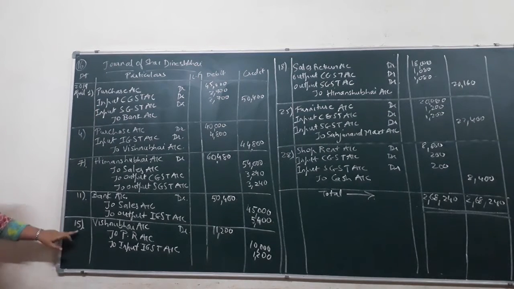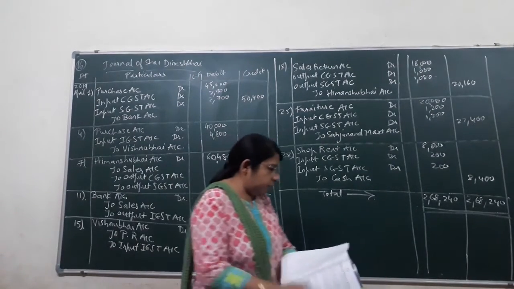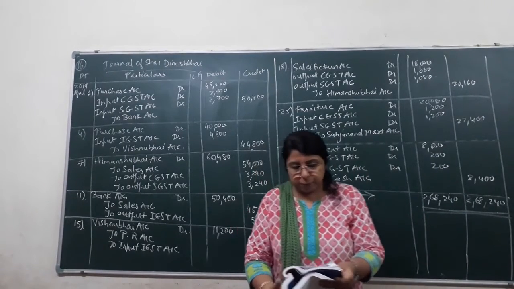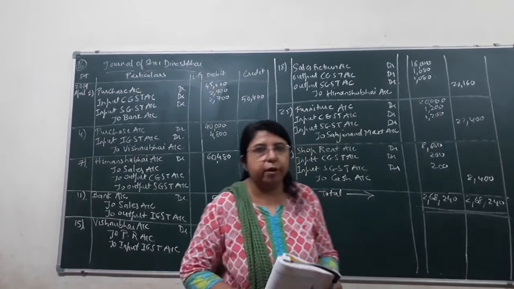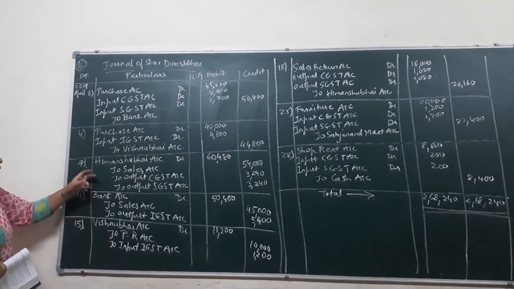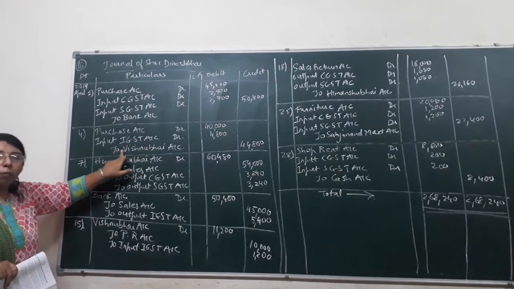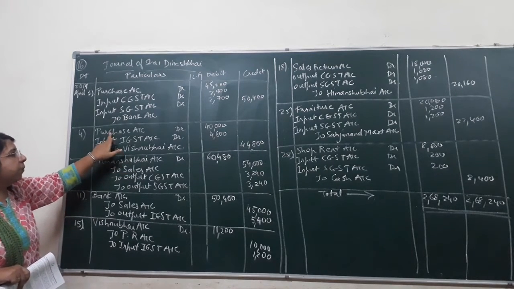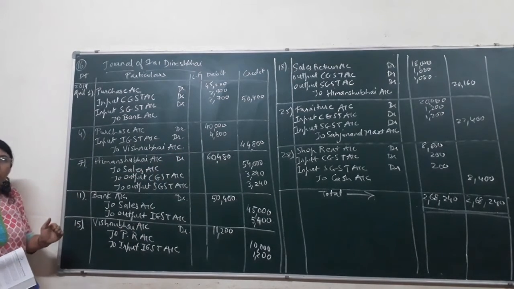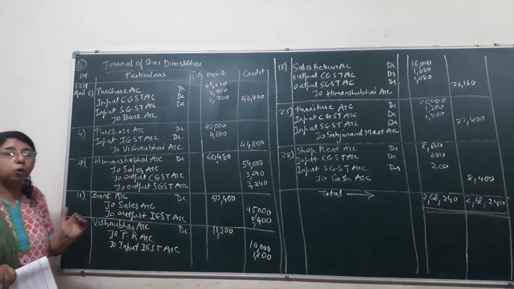Okay students. Now after completing the 11th date, the next transaction is on the 15th date. On the 15th, the transaction is 1/4 goods returned to Vishnubai and proportionate GST is adjusted. You can see the transaction number 4. In that we purchased goods from Vishnubai. How much worth of goods did we purchase? That is 40,000 worth of goods. Out of that 40,000, 1/4 goods are returned to Vishnubai. 1/4 of 40,000 will come to 10,000.